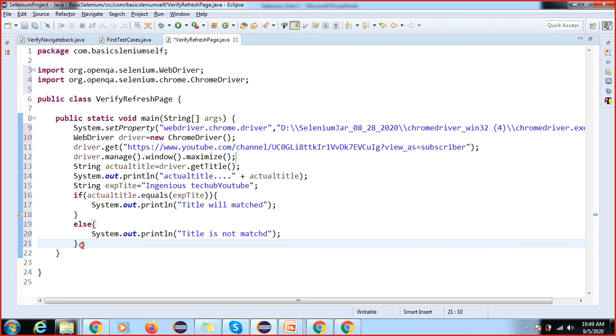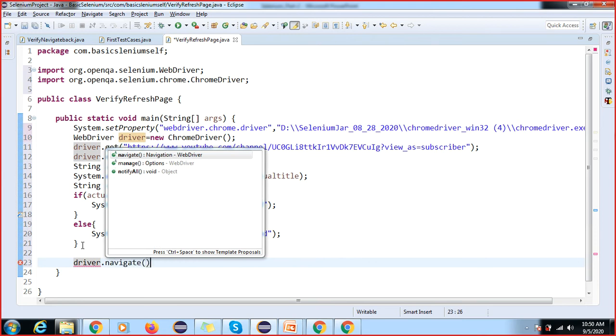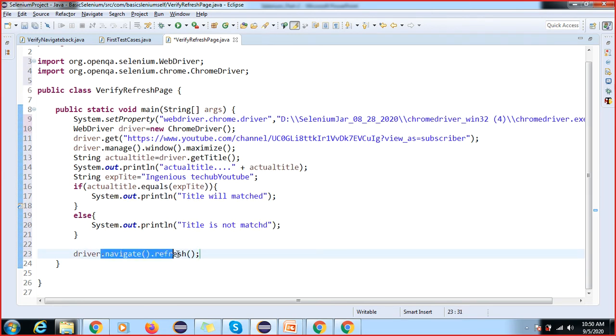Now I'm going to refresh my browser: driver dot navigate dot refresh. Same thing, I am also using method chaining here. If you are calling more than one method, that concept is called method chaining.